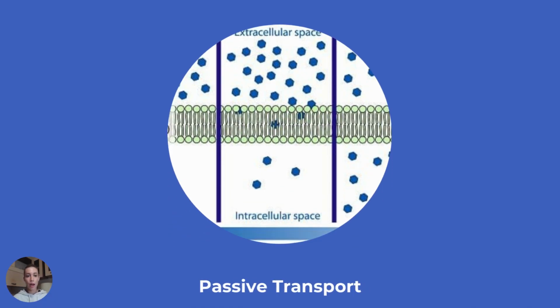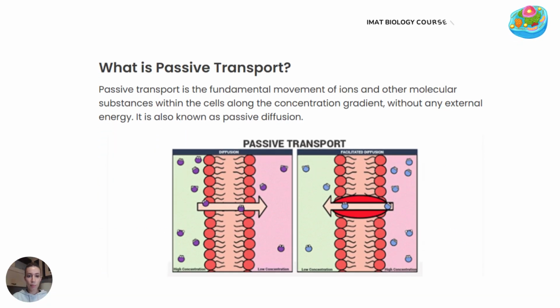So for the IMAT exam, we are responsible for passive transport, active transport, and osmosis, and we are going to cover all of them in this lecture. Starting with passive transport. Passive transport is the movement of ions or other molecular substances within the cells along the